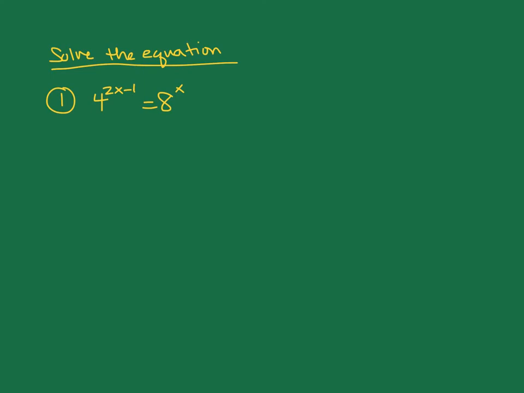So for this one, I have 4 to the 2x minus 1 is equal to 8 to the x. It's important that you notice that 4 and 8 are both powers of 2. What we can actually do is rewrite those so that we have the same base. That's the only way that you can really do that. Now, if these weren't powers of 2, you wouldn't be able to rewrite them with the same base, but in